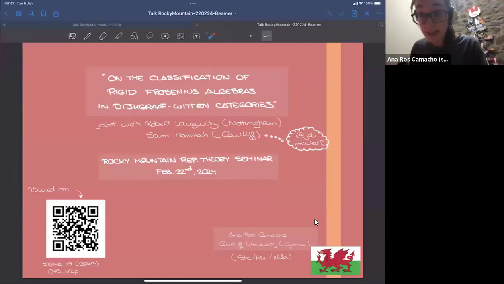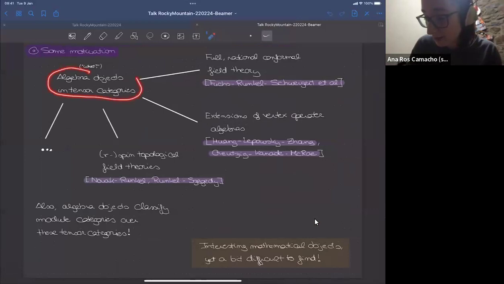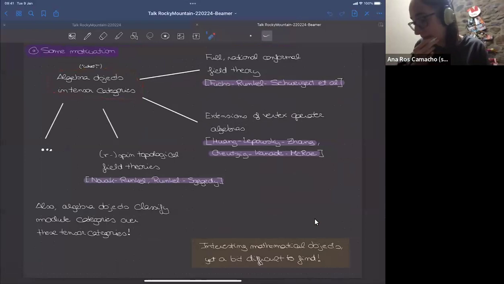And so let's start. As the title suggests, many of you know that I have a long-standing love for algebra objects in tensor categories. The reason behind this is probably because of my career: they are very strongly related to several topics in mathematical physics. Probably the first time I heard about those was back when I was studying full